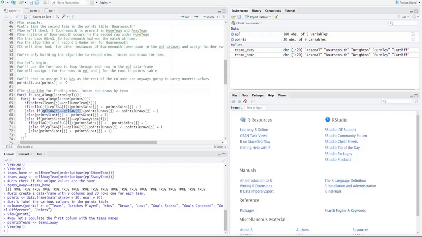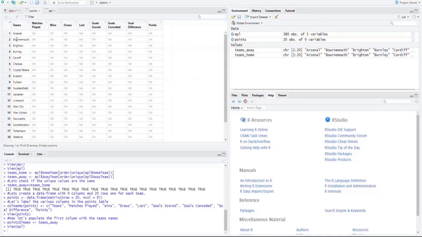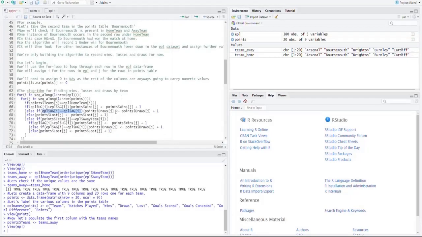Else if EPL$HG[i] is equal to EPL$AG[i], that's a draw, so points$draws[j] is equal to points$draws[j] plus 1. And finally, points$lost[j] is points$lost[j] plus 1. If it's not this, and it's not this, then it's surely this. So that's the if-else